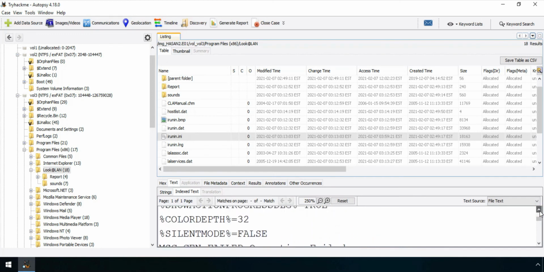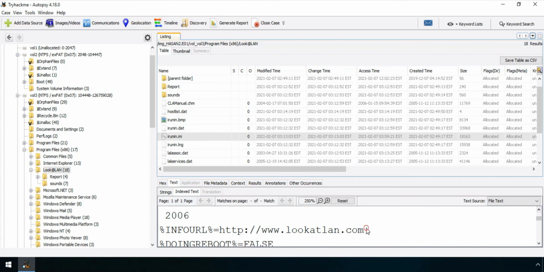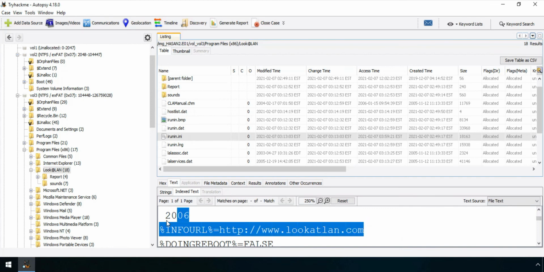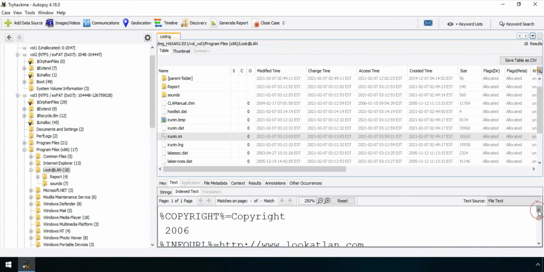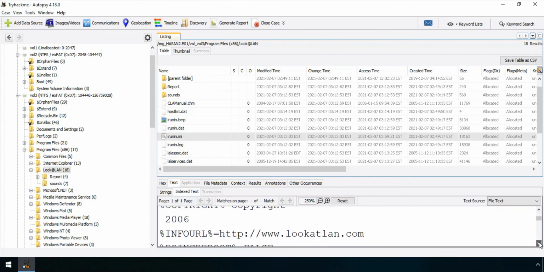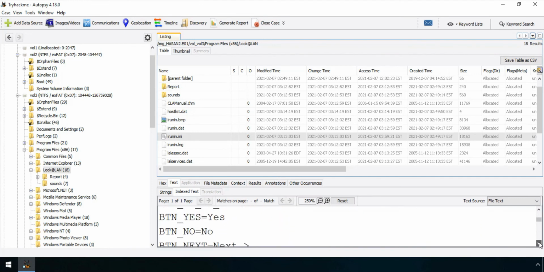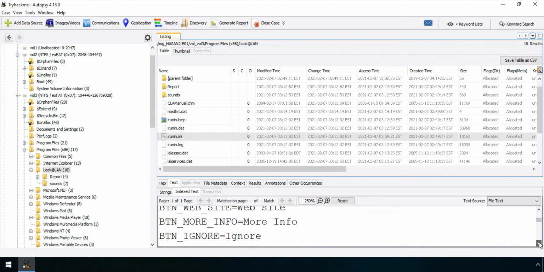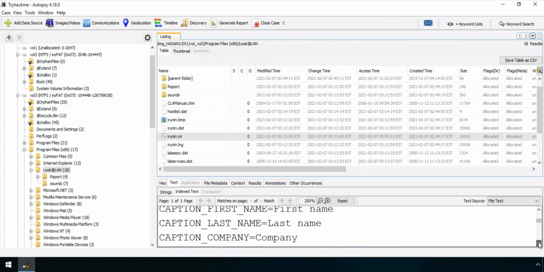If you are currently noticing it, there are many things. There are so many things that if we have to communicate with the information URL of that application, we have that URL, and even you have the copyright things and who was the producer of this application, all these things. So it's a log file. It is obvious that it will have this information.